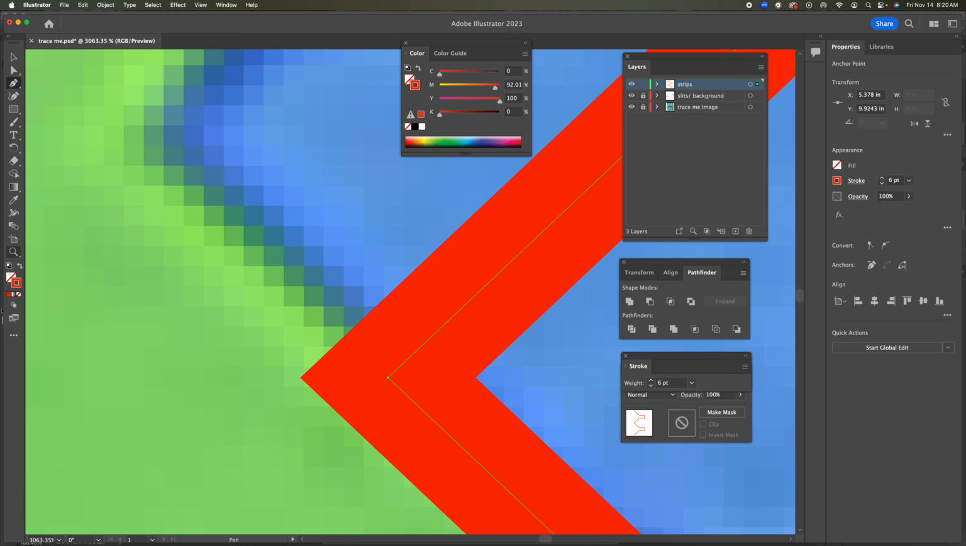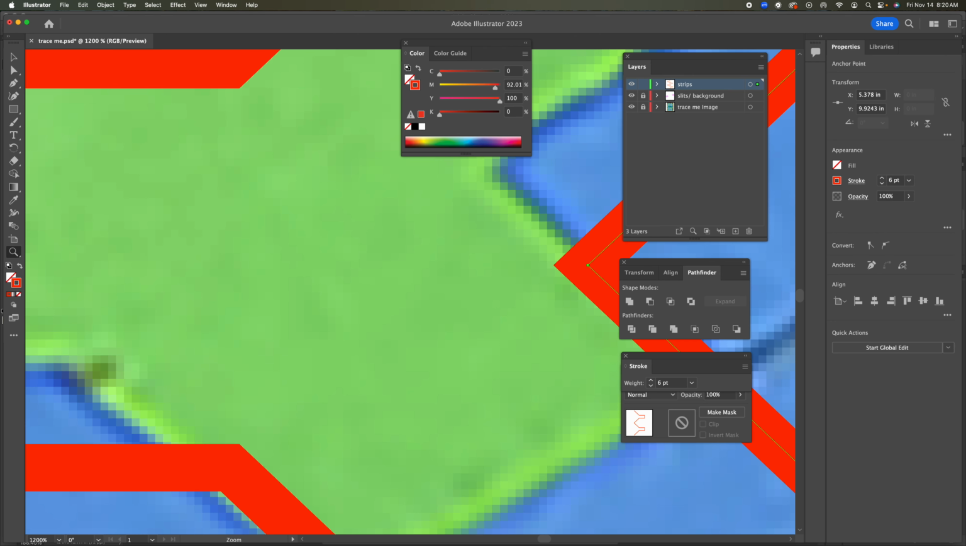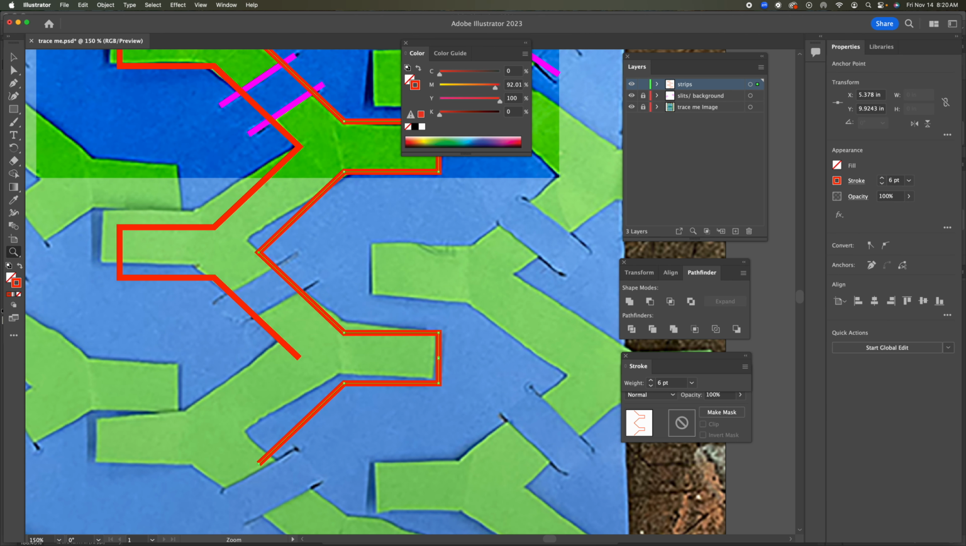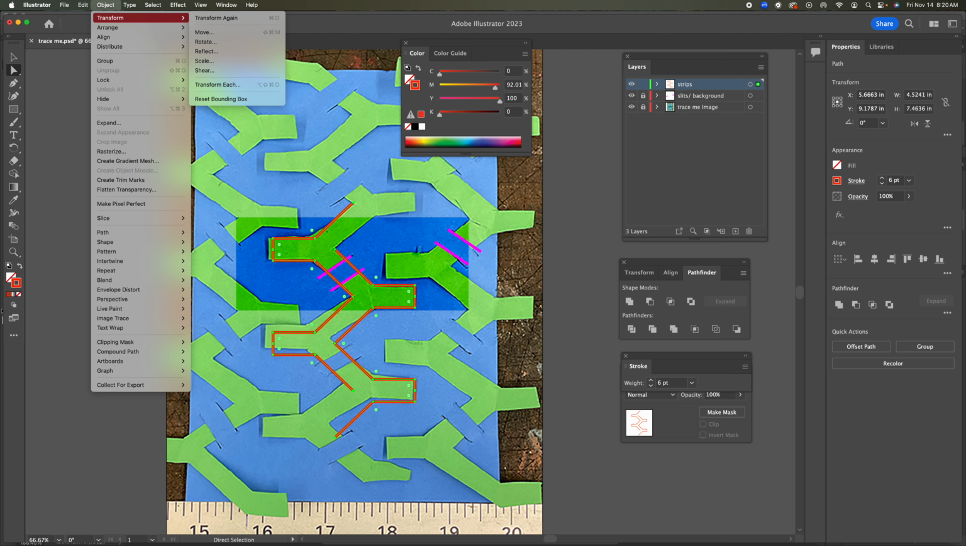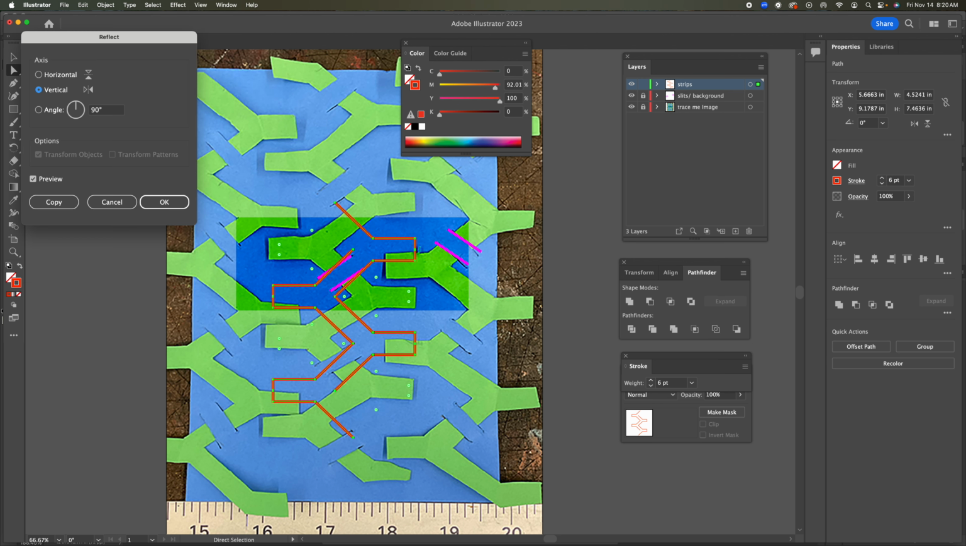And click on one of them so that it's not glitching out at that intersection. All right, so I'm zooming out. I have this section, and I'm going to select that whole strip, Object, Transform, Reflect on the vertical axis,